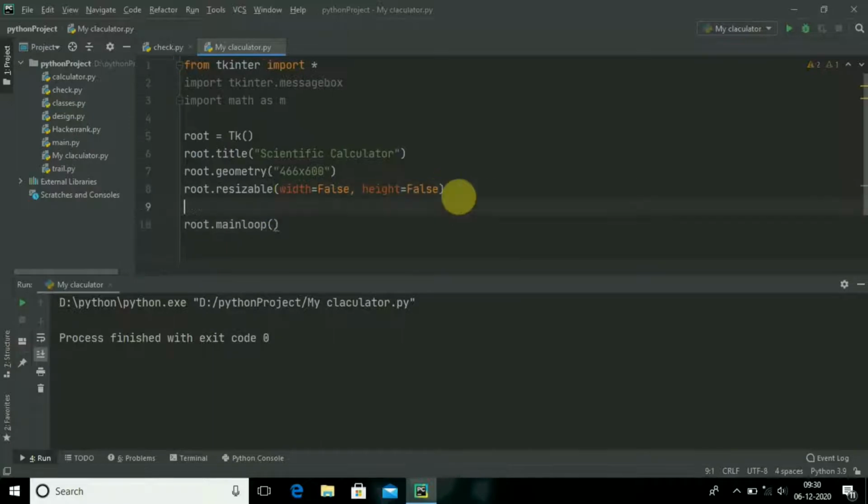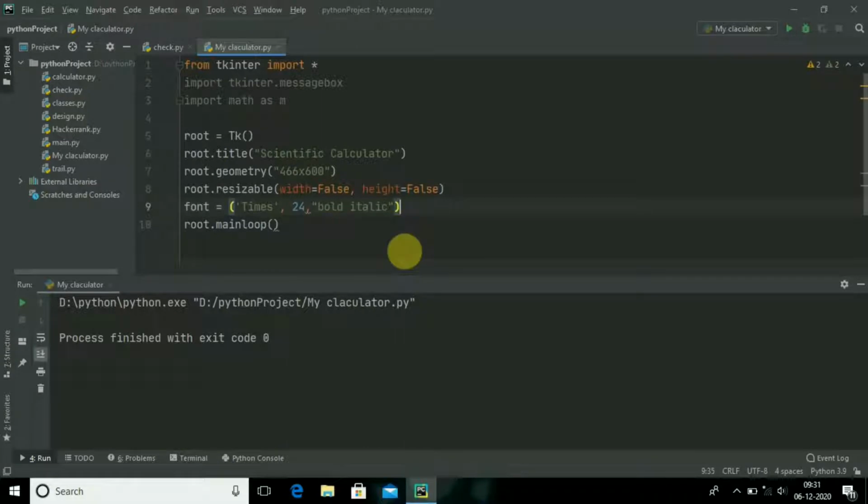Before going, I will be writing a font. I will be using this font many times, so I will be giving Times, let me write in capital, Times, and size of which will be 24 and bold italic. Yes, I will be using this font everywhere, so just for simplicity I have written this font. What is the next step?